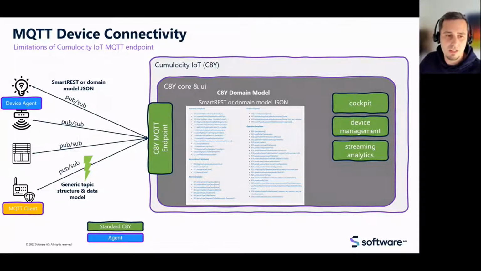So when the device sends some data in a proprietary topic structure or any other data model we are not supporting, it's actually not working for the Cumulocity endpoint. And this kind of use case, I want to address together with Christoph today. I want to give you a solution how you can actually do that,